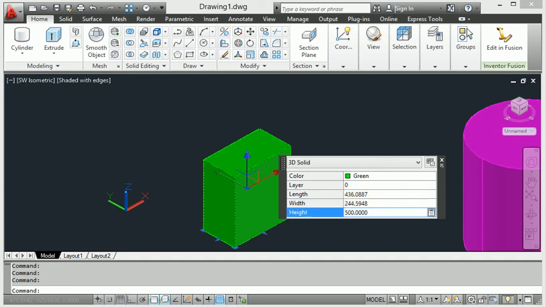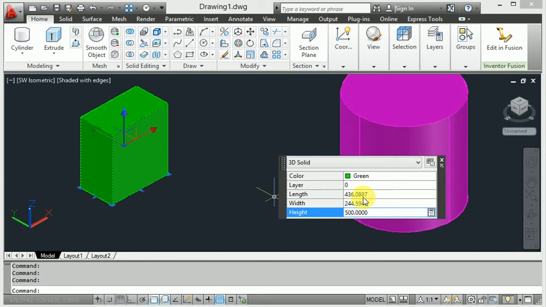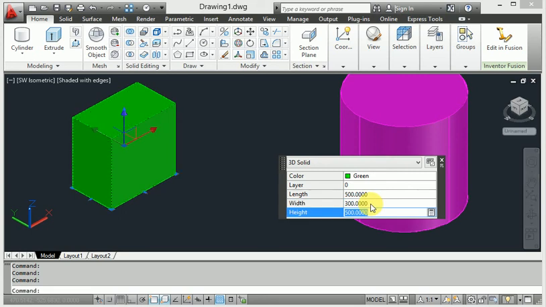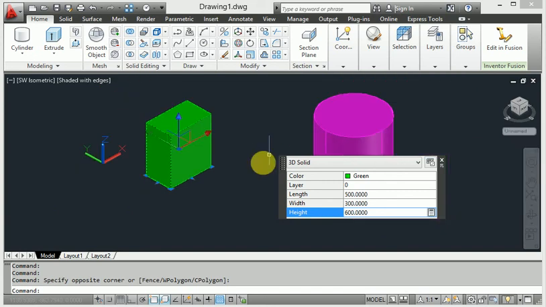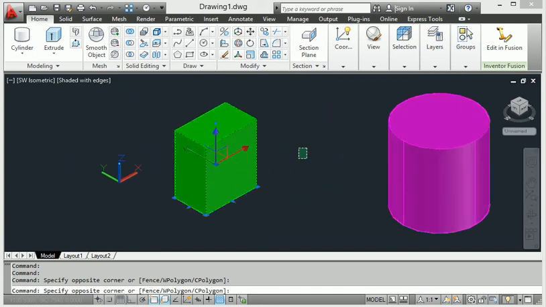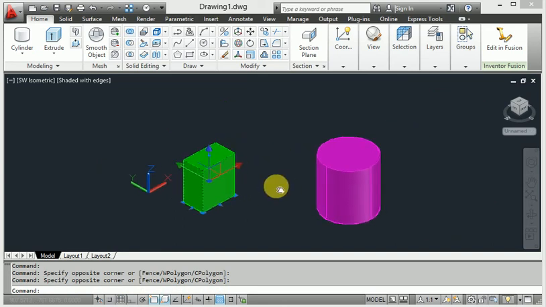So this is green here, and you can change the values easily to define this 3D modeling in AutoCAD. When I change the color and the particular length to 500, like that, the second thing I provide is 300 and also 600. So this is the change button, easy for 3D AutoCAD.